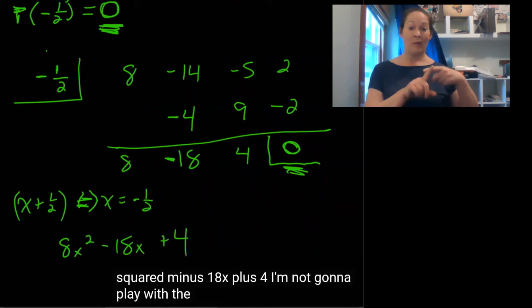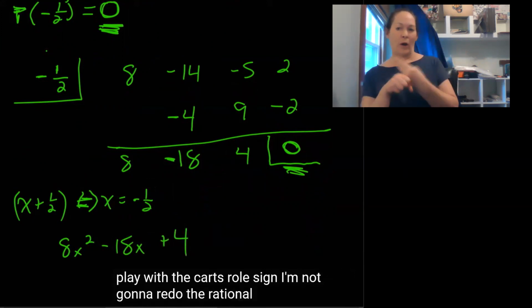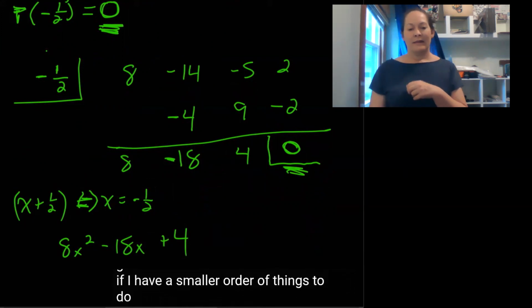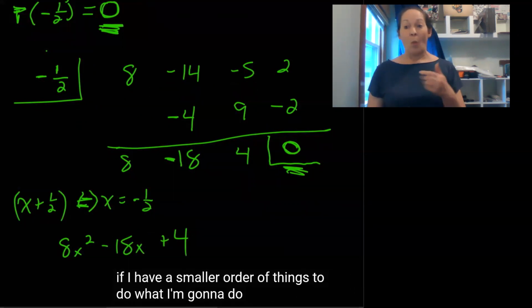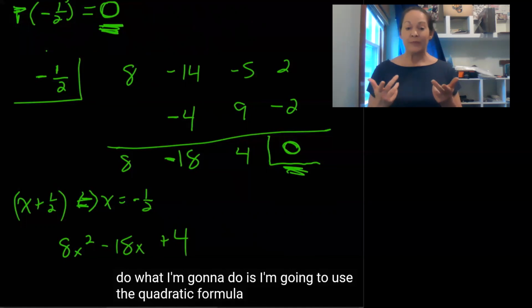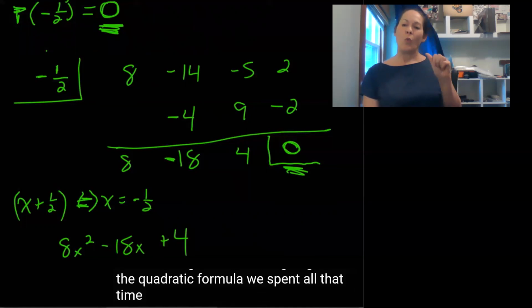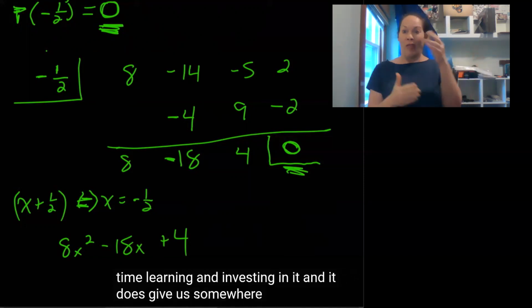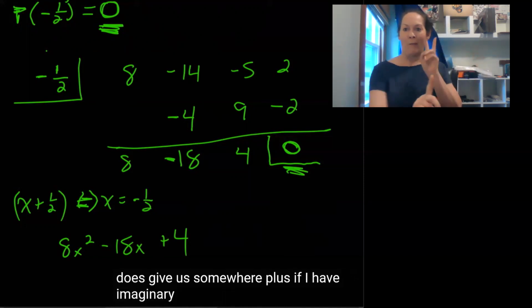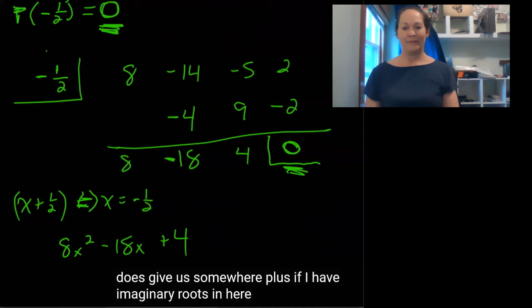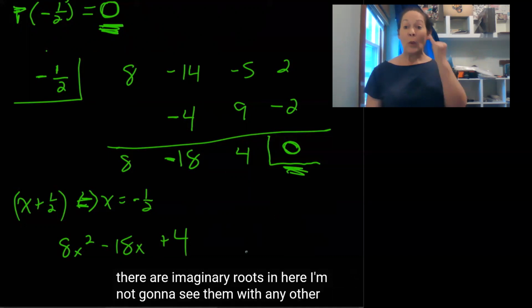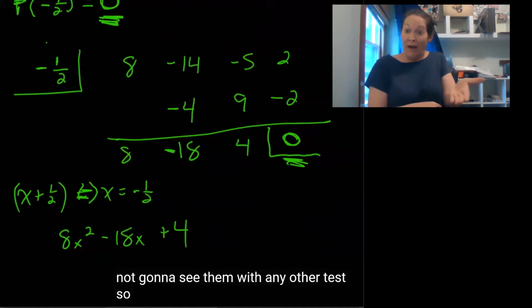I'm not going to play with Descartes' rule of signs. I'm not going to redo the rational root test to see if I have a smaller order of things to do. What I'm going to do is use the quadratic formula. We spent all that time learning and investing in it, and it does get us somewhere. Plus, if I have imaginary roots in here, I'm not going to see them with any other test. So,